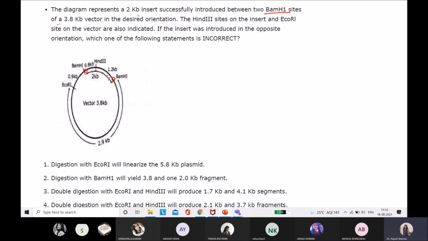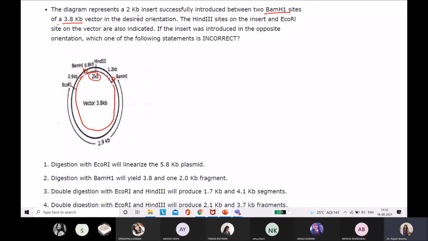Okay. Side of the 3.8 kb. So don't include this 2 kb of the foreign DNA. Rather, just from here you will see that the whole sequence of this host DNA, the vector, is 3.8 kb. So the whole length will be 3.8 kb.